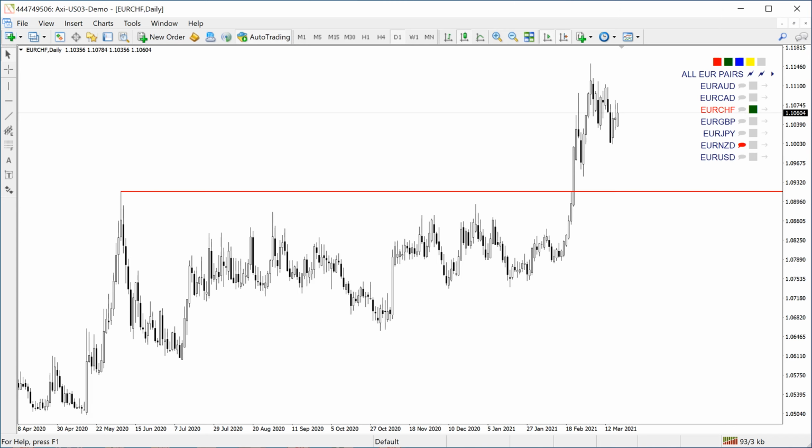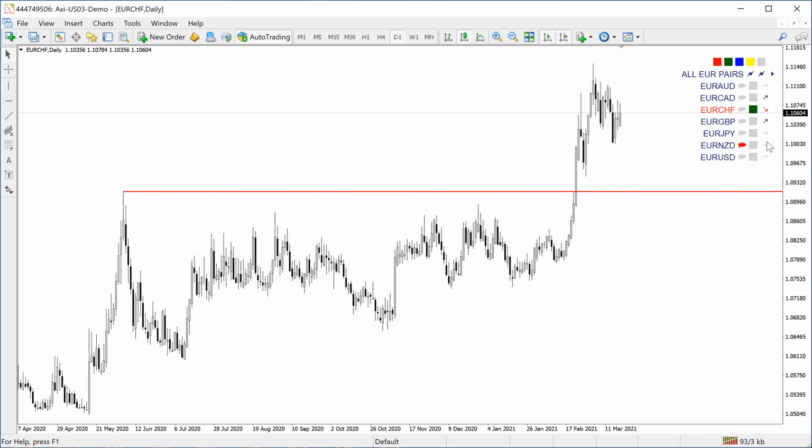Now, just a few other small things that have changed. You'll now notice that next to the title of the watch list you have two lightning bolts. Now, the first one is to reset the colours, and the second one is to reset the directions, which is buy or sell. So for instance, if I have these set at, just add a few of these to buy or sell,